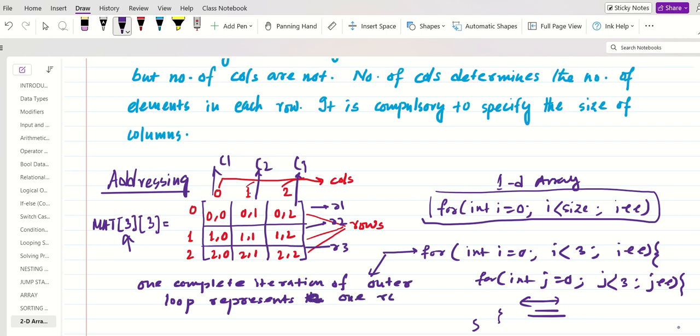This outer loop will be represented by the row, and this inner loop will represent